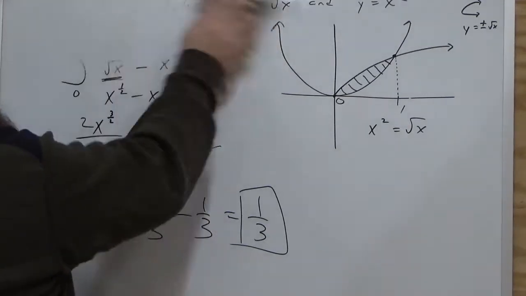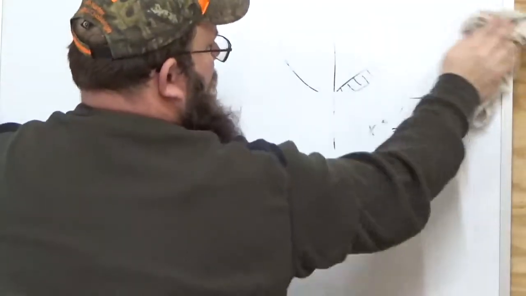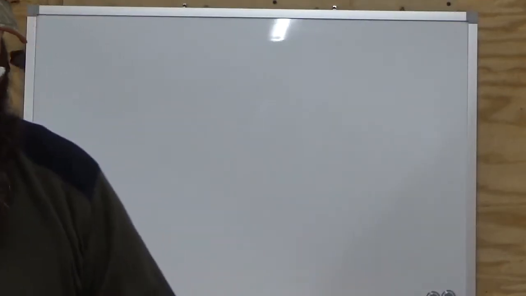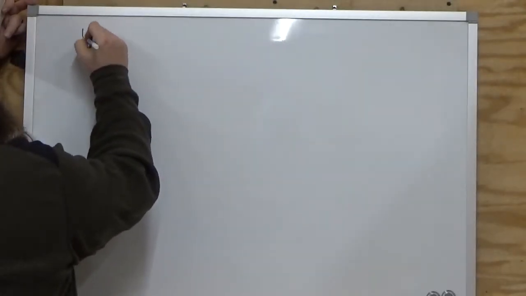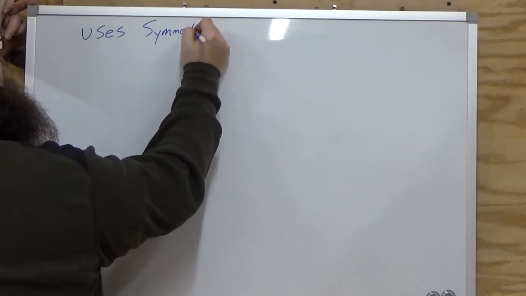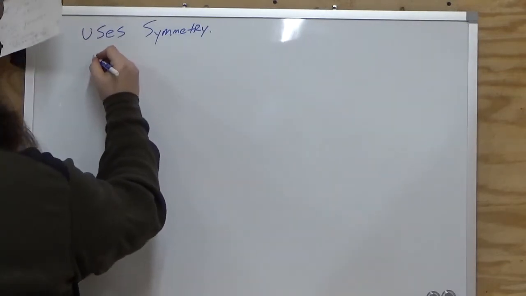Alright, this last problem of the video is going to show you a little trick that we can use to make our lives a little bit easier sometimes when we're working some of these problems. So this problem uses symmetry. Okay, so we're going to find the area